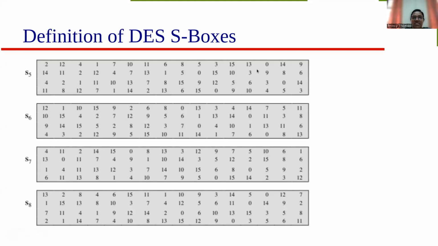You can see that there are 16 columns and 4 rows. So 2 bits will show which row must be taken, and the middle 4 bits will show which column should be taken. For example, if I have,